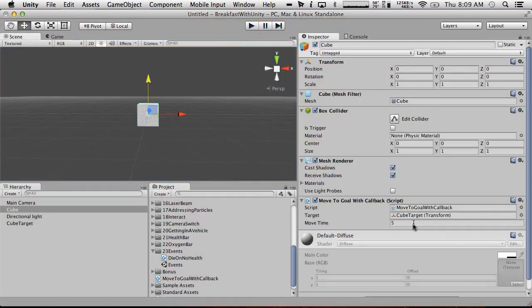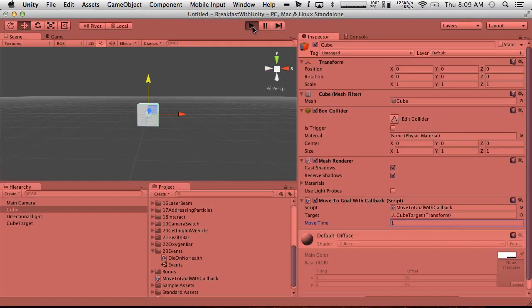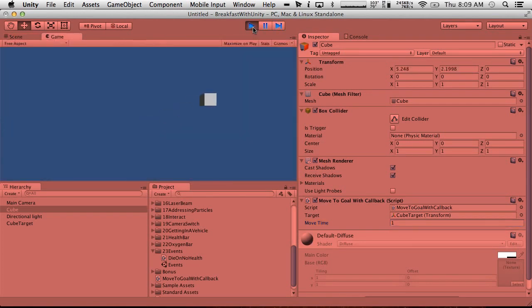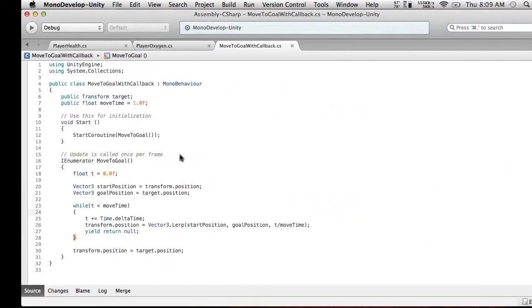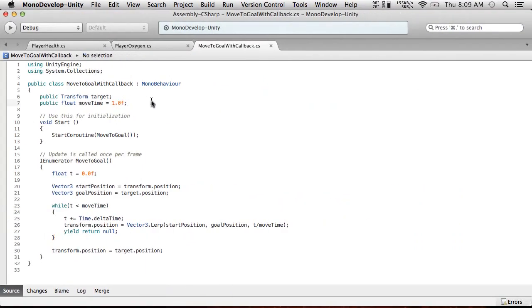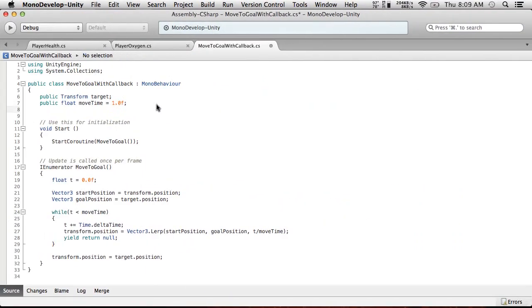So I definitely don't want this to be 5 seconds now. Let's just make it 1 second so that it gets over there real quick. So in 1 second, boom, it's there. Yay, it works. So what we're going to do now, though, is we're going to actually make a callback for it. So what we can do is we can create a public